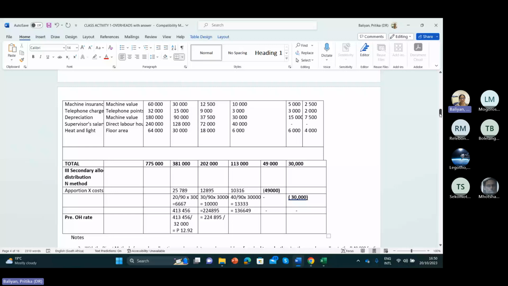So the overhead absorption rate is 224,895 divided by 18,000, which is 12 pula 49 tabi. And for department C, when you are calculating for production department C, the total overhead cost is